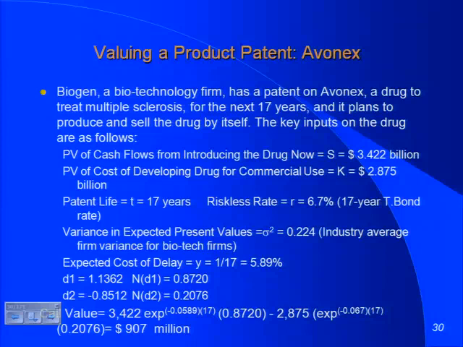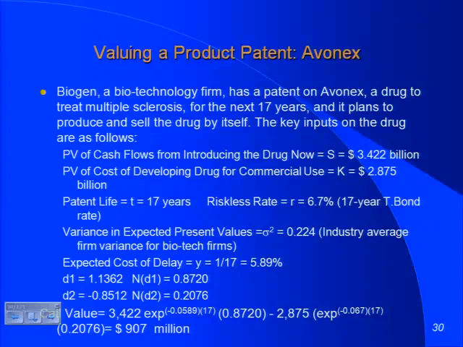Is this a viable drug right now? Yeah, present value of the cash flows exceeds the cost, so I have to introduce a cost here, which is, if you do not develop this drug, what will you lose? You will lose 1 out of the 17 years of protection, which goes in where the dividend yield would go in an option pricing model. That's why I built up the Black-Scholes with the dividend yield. I'm going to put in the 5.89%. So I plug the numbers in, basically D1, D2, N of D1, N of D2. That's a traditional Black-Scholes. You work through the numbers. The value that I get for Avonex, valued as an option, is $907 million.